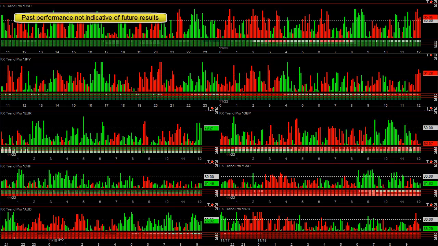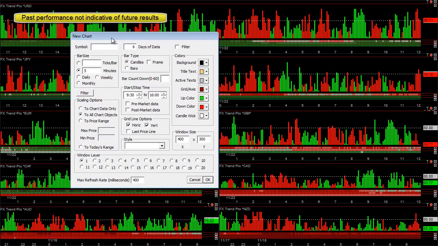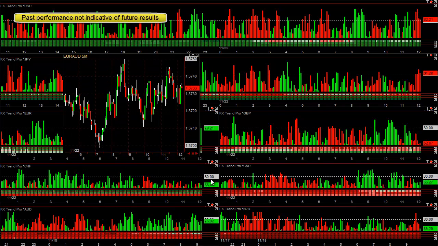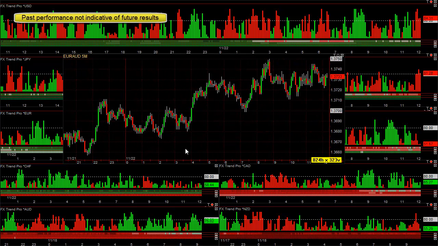So today, some of the best high probability trades were buying the Euro Australian, buying the Euro New Zealand, buying the Euro CAD after 3 o'clock when the intensity finally kicked up. These are currencies that I don't typically leave running. So we're going to bring them up and just take a look at the charts using this. And as you can see,